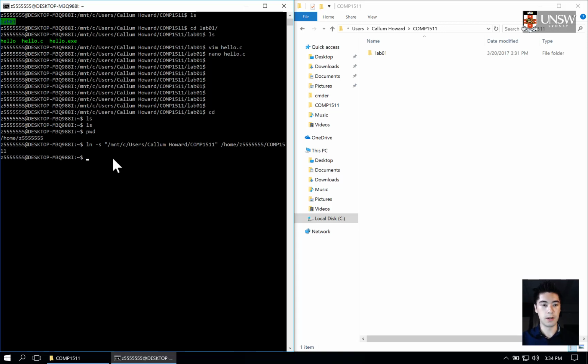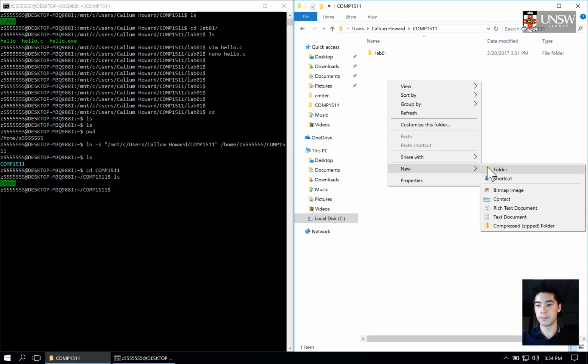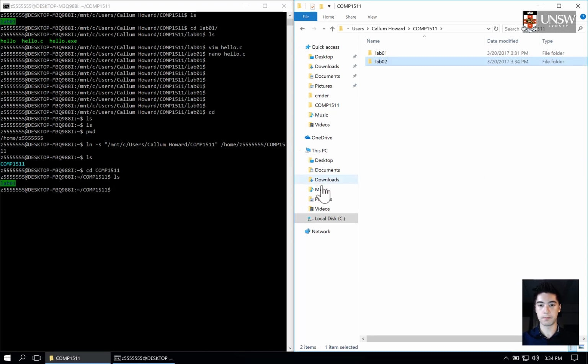There we go. So now if we ls, we will see we've got comp1511 here. And if we cd into comp1511, we'll see that it gives us the path ~/comp1511. The tilde stands for the home folder. So in the home folder in comp1511, we have our folders, and this matches up here with this. So if I was to make a new file here, lab02, we would see this change reflected here. Alright,